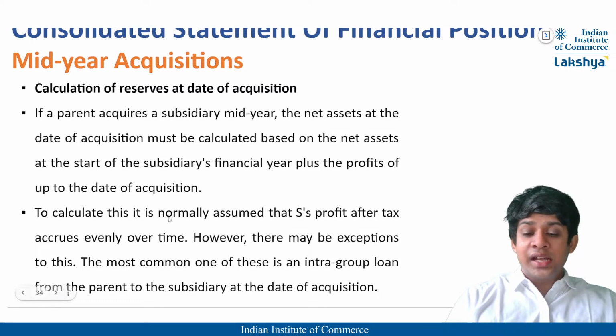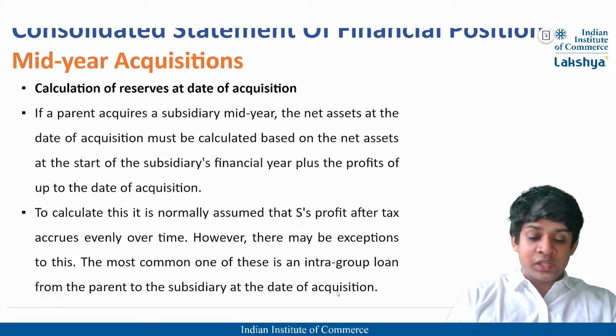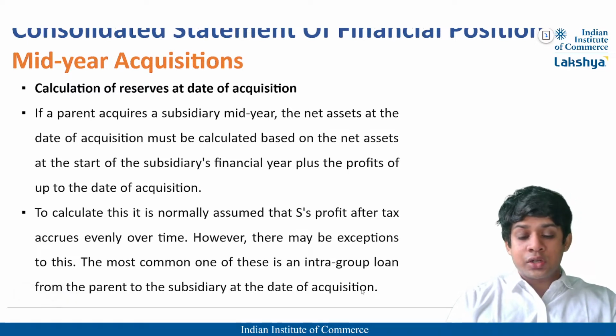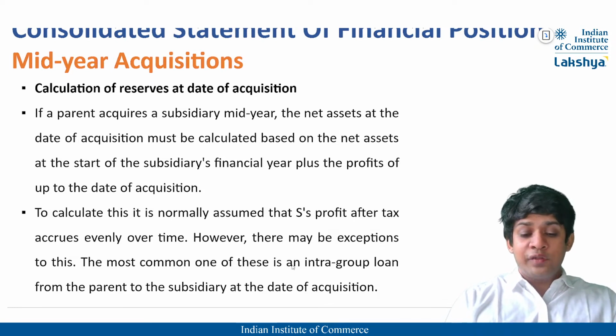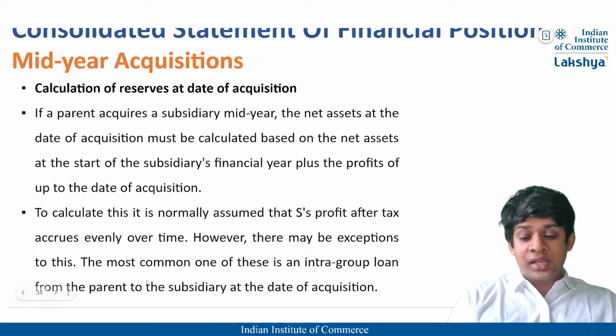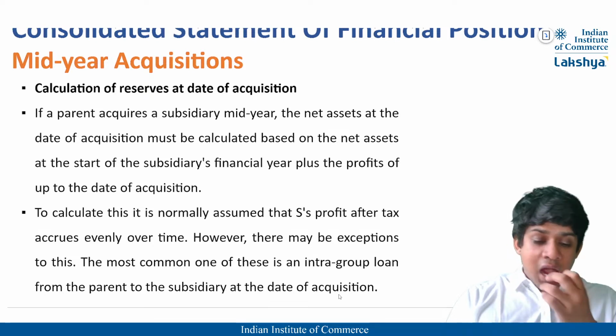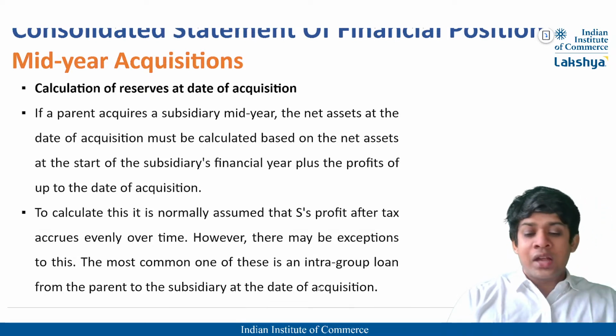To calculate this, it is normally assumed that the subsidiary's profit after tax accrues evenly over time. However, there may be exceptions to this. The most common one of these is an intra-group loan from parent to the subsidiary at the date of acquisition, right? So the most common exception is nothing but an intra-group loan which is given from the parent company to the subsidiary company at the date of acquisition. Now that actually is kind of an exception, because